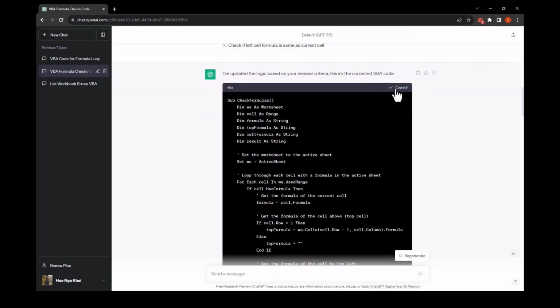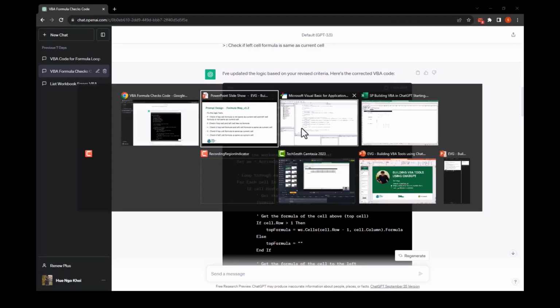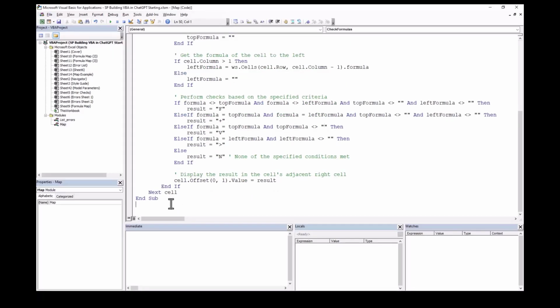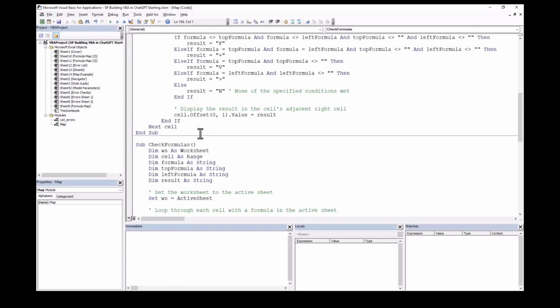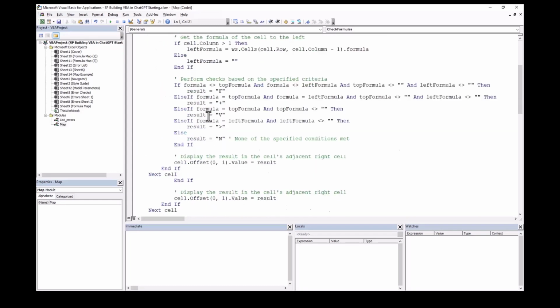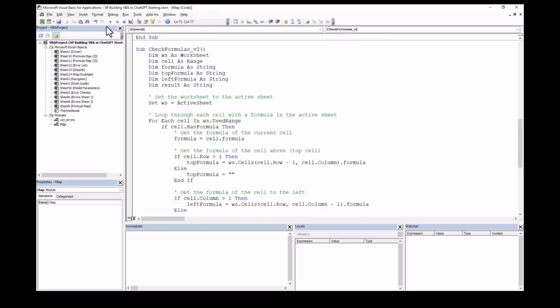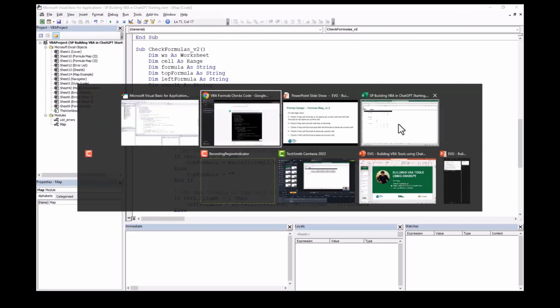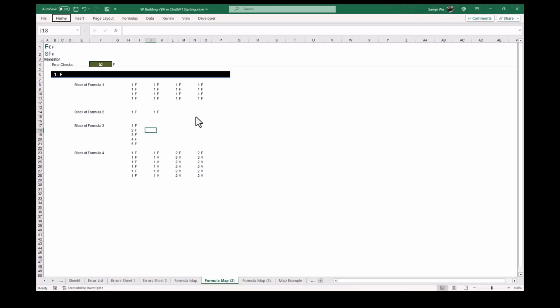So let's see how this code works. I was so excited that I didn't put version 1 for the previous code. Let's put it in then. Alright, let's run the code. Let's check. It looks like it's working, but not what we expected. So let's duplicate this